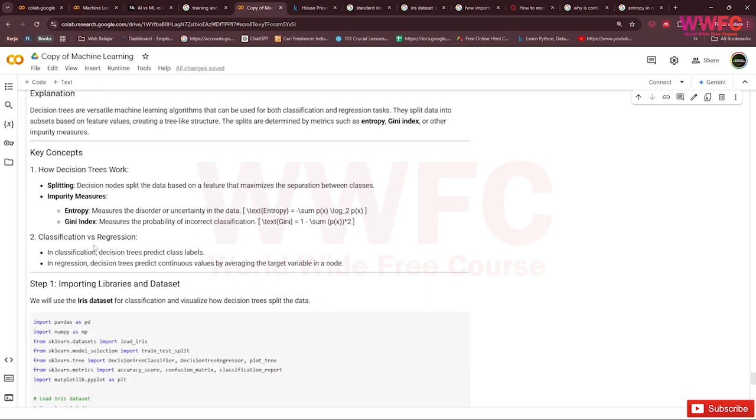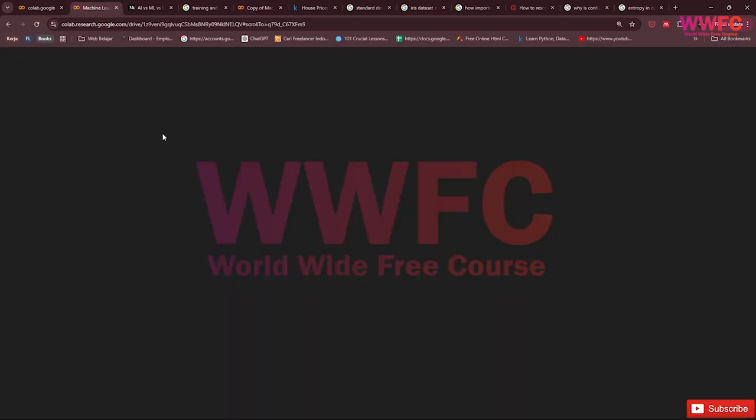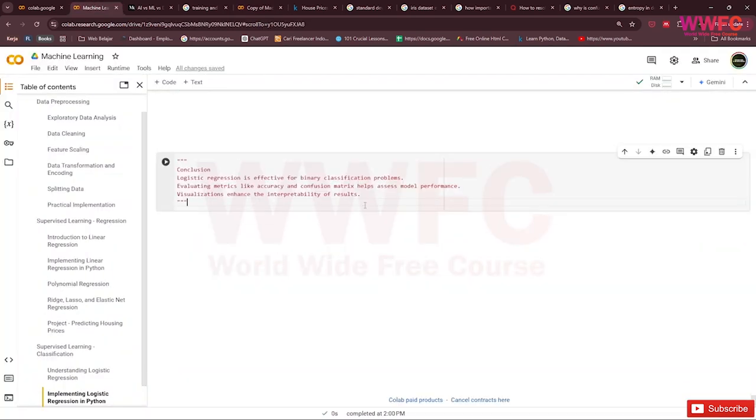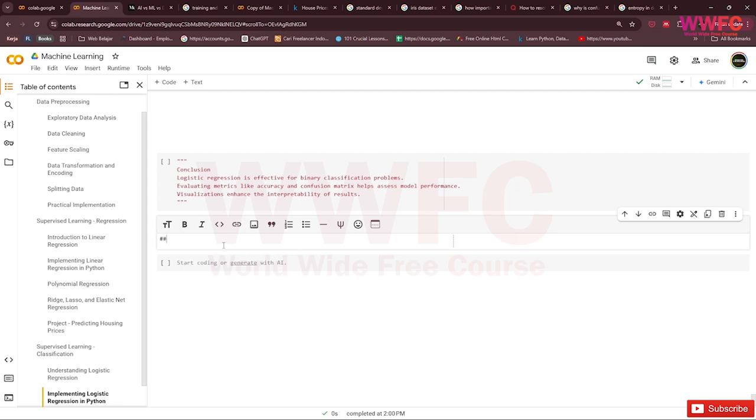It's the same idea as regression, which predicts continuous values, while classification predicts class labels, like spam or not spam, or survived or not, as we created earlier. Next, we go to the code.